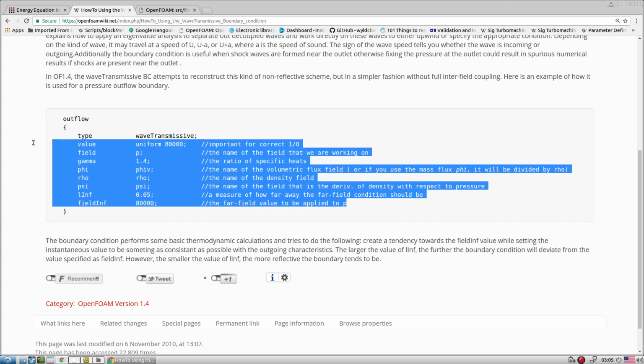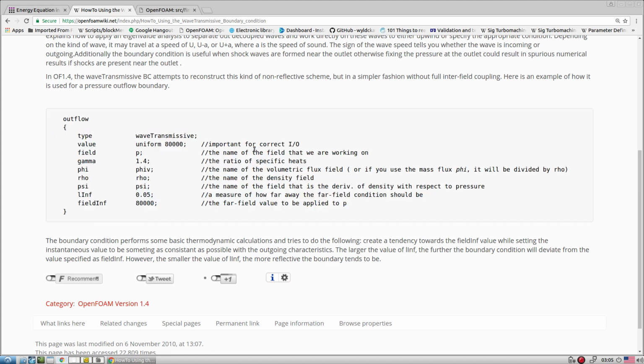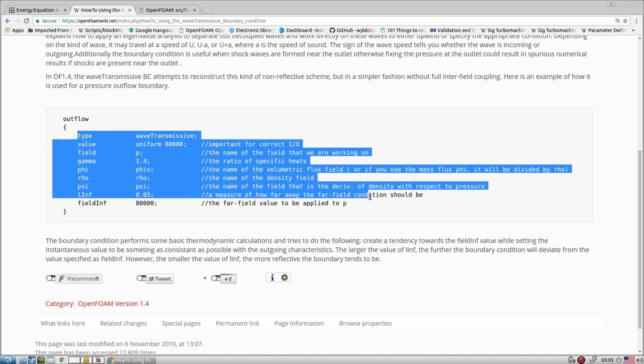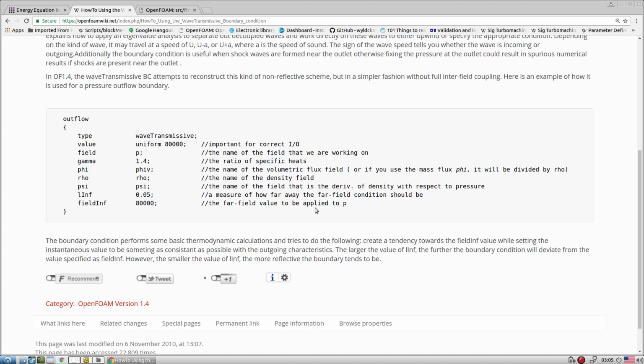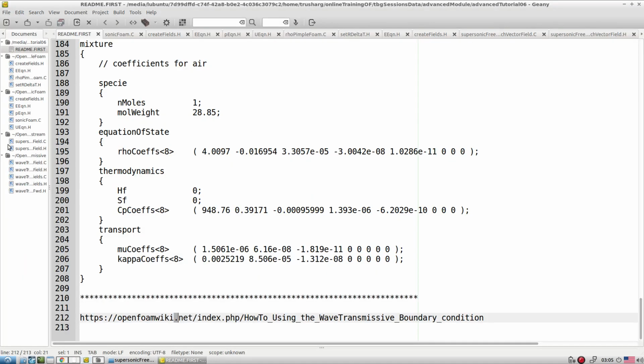So what it is going to do is it will not unnecessarily damp out any of the waves that are supposed to pass out of the outlet domain. If we damp them out, then we definitely have a suppression of the shock creation, and maybe it goes toward divergence. So don't work with a simple inletOutlet type of boundary condition or a gradient condition when working with compressible flow. The better option is the wave transmissive class of boundary condition. That is what we require here.